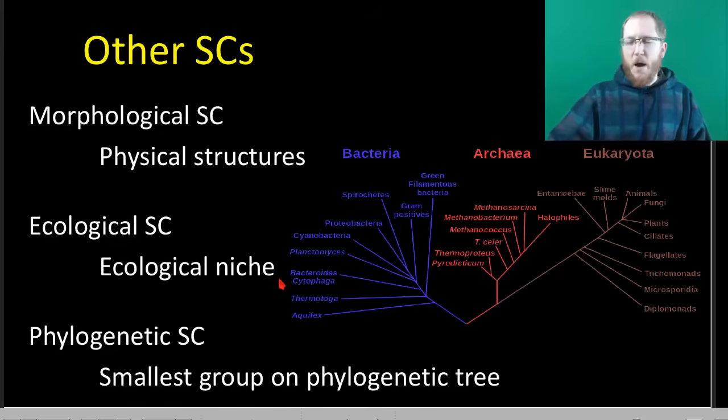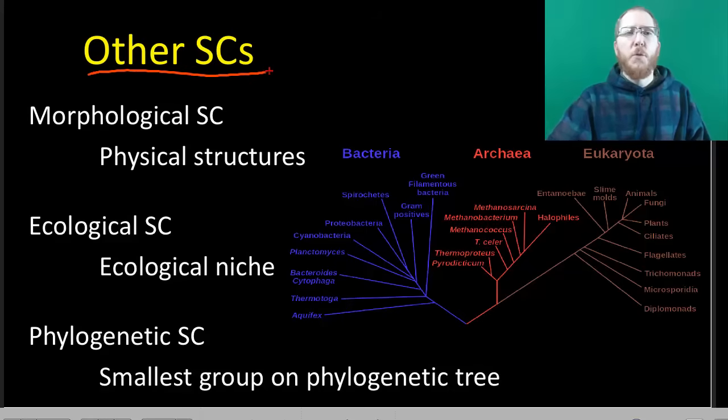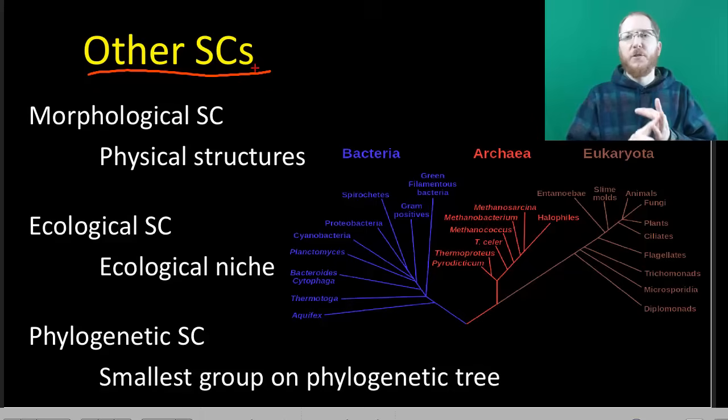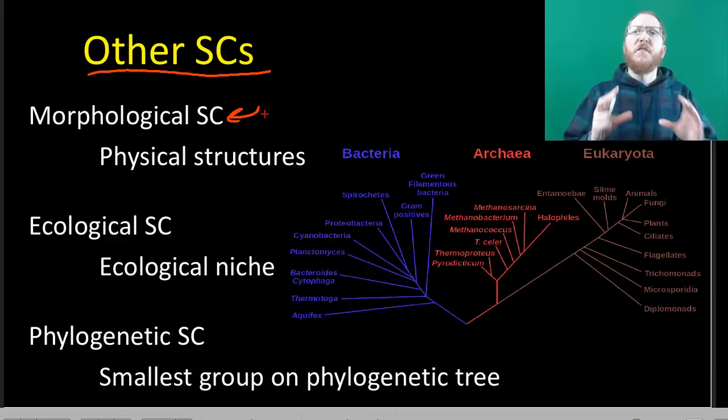Now, for other species concepts, we'll briefly discuss three. If we have to throw out the biological species concept sometimes, not always, since it's our preferred one, but if something is dead or asexual, we have to have something else to fall back on. The first species concept that was commonly used, and the one we still fall back on most when we have things like fossils and even asexual organisms, is the morphological species concept. This one just looks at the physical structures they possess, the anatomy, and tries to decide: are those physical structures different enough that it warrants being a new species?